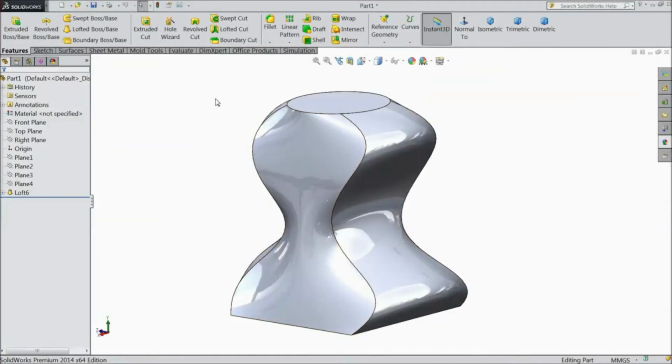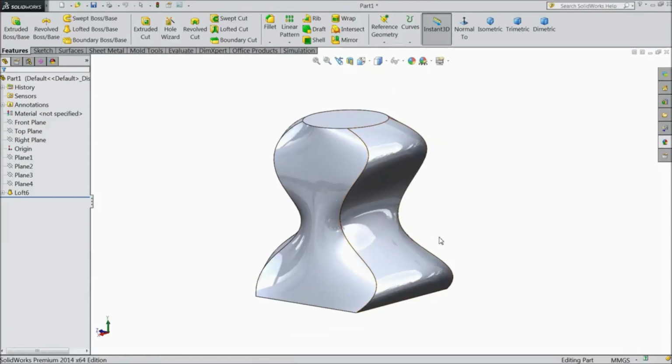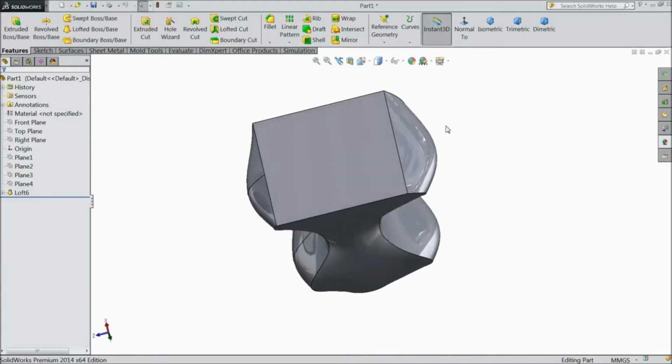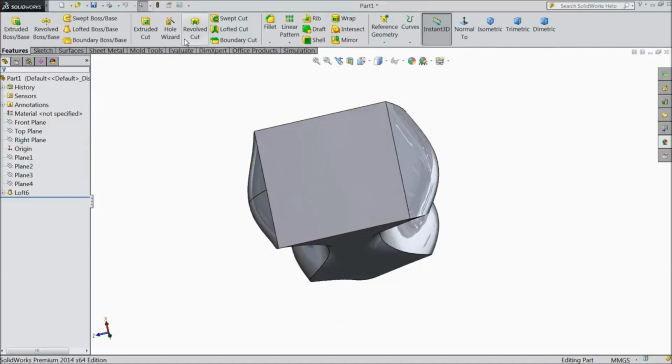Going to see what is Hole Wizard. This is the symbol of Hole Wizard in the features, and this is our last created model. So we will make some holes in the back side of this fan. So let's see how to make. Just click on Hole Wizard